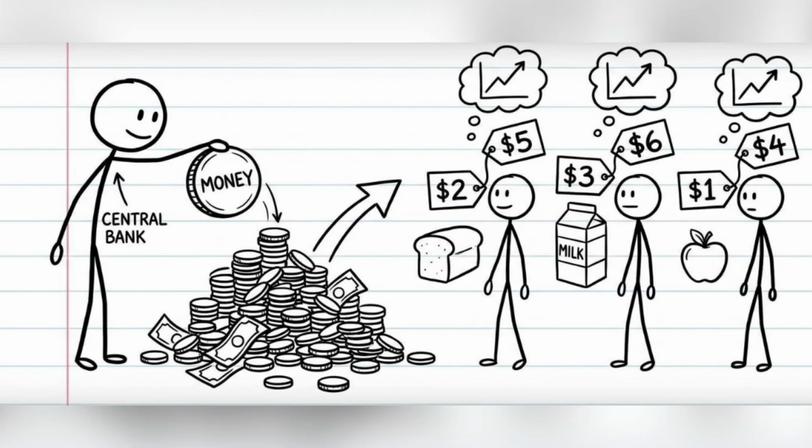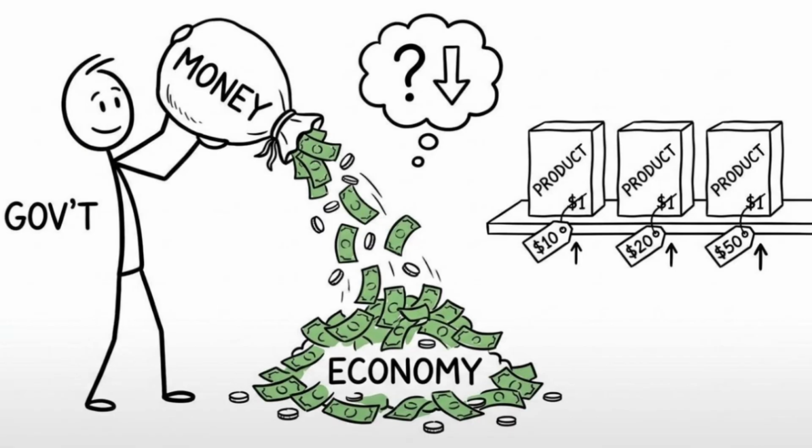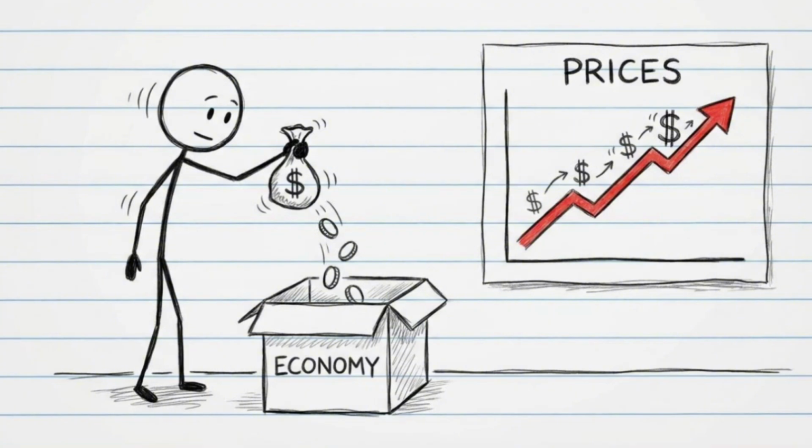The theory states that the general price level of goods and services is directly proportional to the amount of money in circulation. The core idea rests on the equation of exchange, where money supply times velocity equals price level times real output. If the supply of money goes up drastically and real output is independent, money creation will directly raise the price level. In simpler terms, a constant growth rate in the money stock will lead to a constant inflation rate.